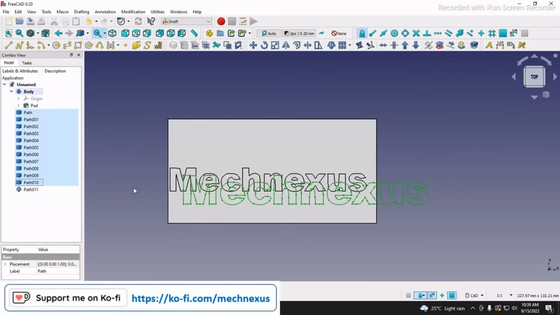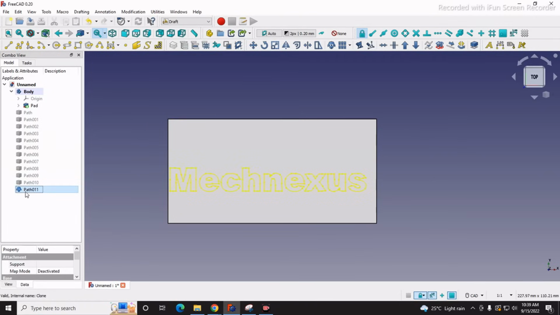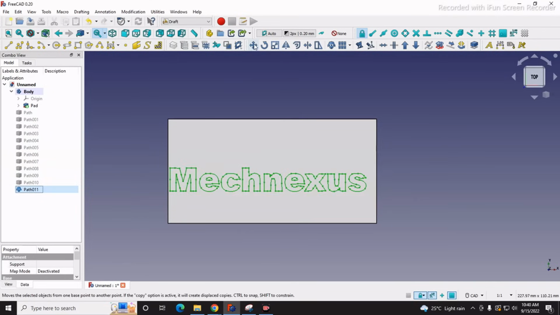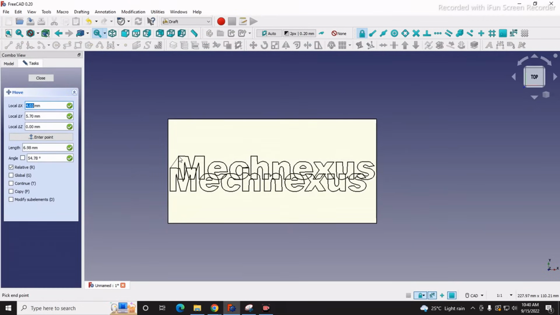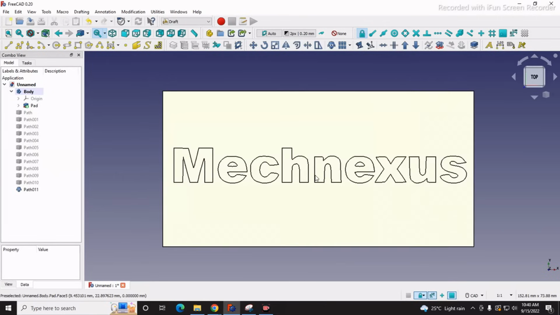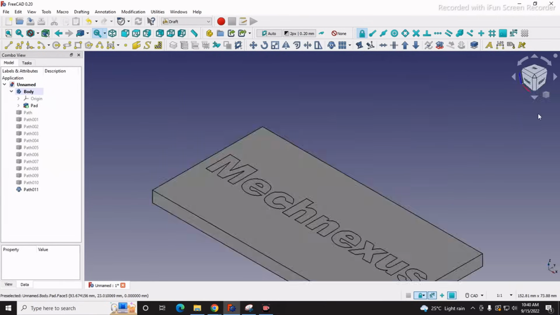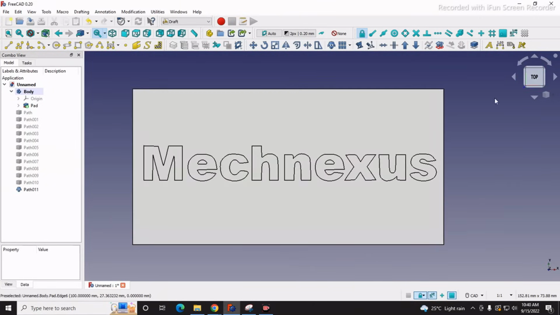The rest of the things we will select and press the space bar to hide them. Now we will move it. So select our path here which has been converted into a single block now. We will select move, and we will select a point, and we will approximately place it on the center here. So now you can see that our SVG converted entity is now at the center of the plate, but still